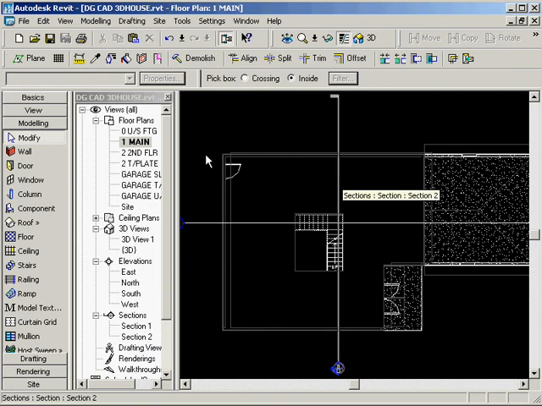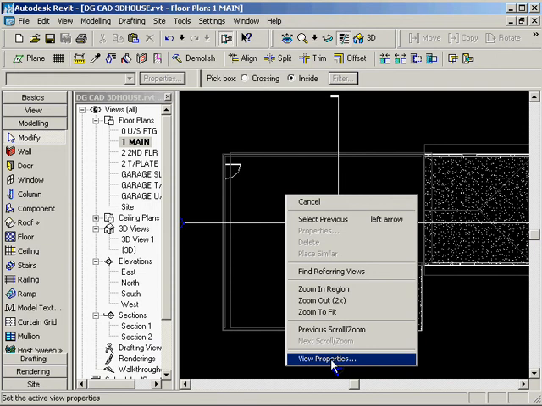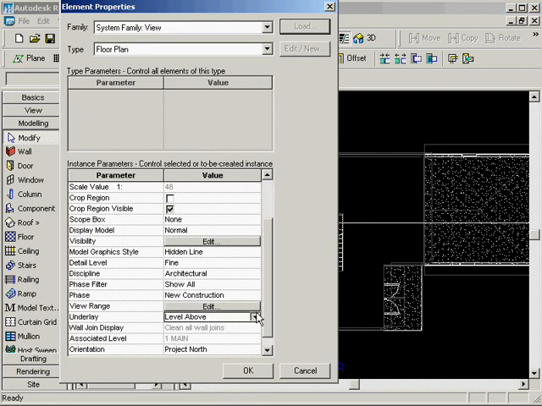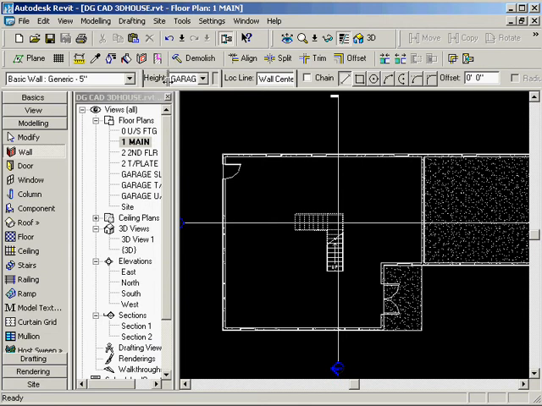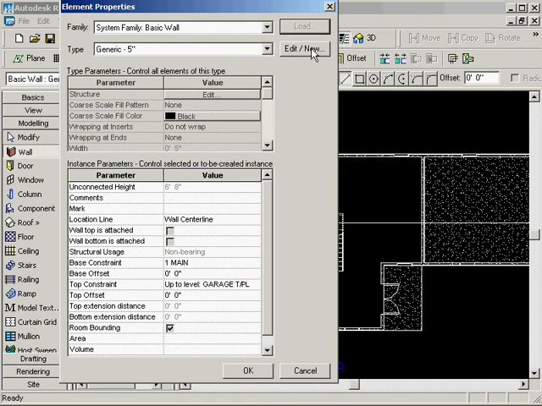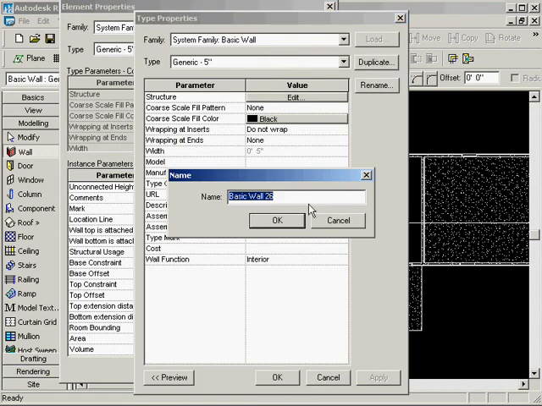Okay, now we'll just finish off this section with some interior partitions. So I'm going to go into here, for instance, and I'm going to take that overlay off and hit none so I can have a little better look at my walls in here. Now I'm just going to go in and click on wall, and inside of here, in this case, I'm going to go 5-inch generic,